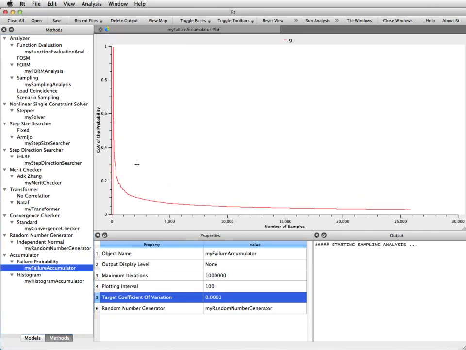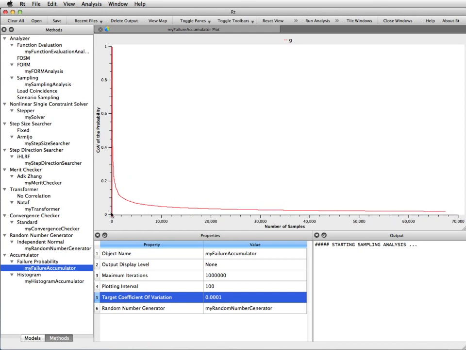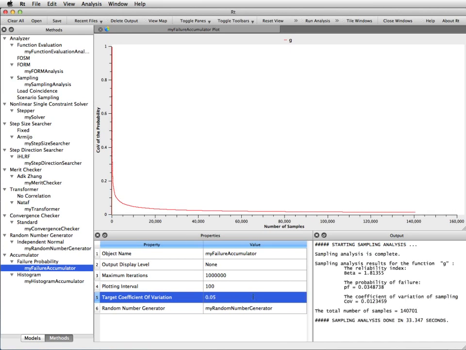So what you see here while the analysis runs, you see the number of samples along the horizontal axis, and you see the coefficient of variation that's now approaching zero, but quite slowly. You can see how that coefficient of variation goes down as the analysis runs. And you can change a number of things to make the analysis go faster by changing the frequency at which the output is plotted, but also I can go back here and change the target coefficient of variation to 5%, and when I press enter, the analysis stops because we already had gone below